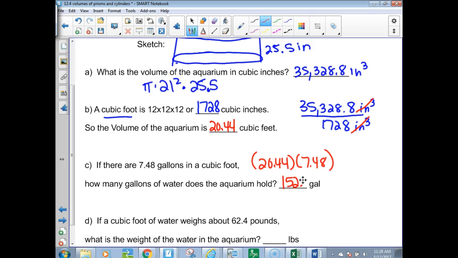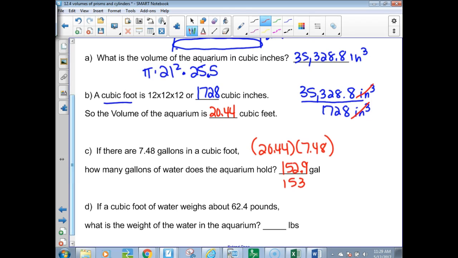Now, I'd probably round that. Let's just go 152.9 gallons. Actually, it's about 153 gallons, okay? We're doing approximately. We've been rounding throughout the problem. So you've got to put in about 153 gallons in that tank. Now, that would fill it to the tippy top, which probably isn't a good idea. Your little fish might just jump out of there. But anyway,